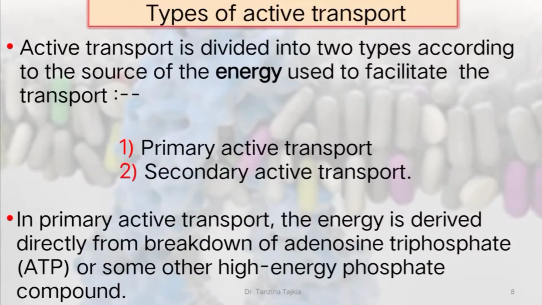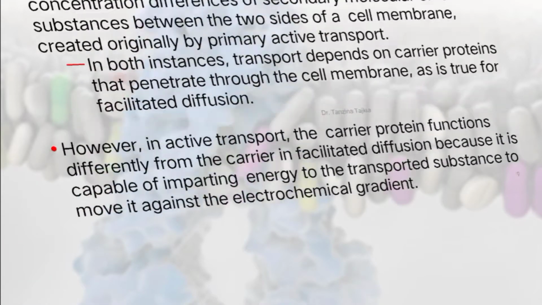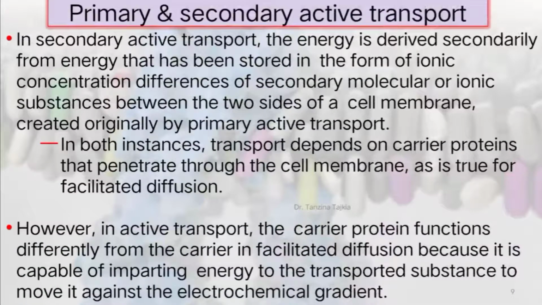Active transport is divided into two types according to the source of energy used to facilitate that transport. That is primary active transport and secondary active transport. In primary active transport, the energy is derived directly from breakdown of adenosine triphosphate or some other high energy phosphate compound. And in secondary active transport, the energy is derived secondarily from energy that has been stored in the form of ionic concentration difference of secondary molecular or ionic substance between the two sides of the membrane, created originally by primary